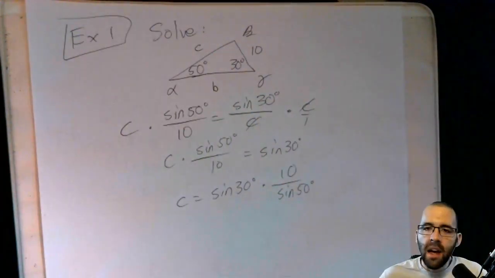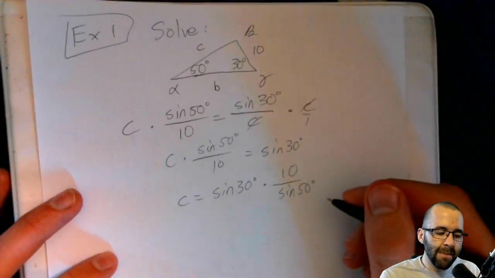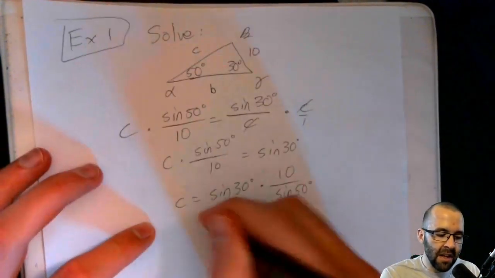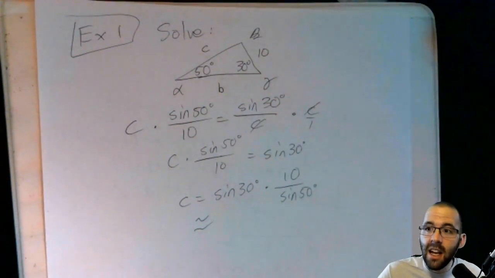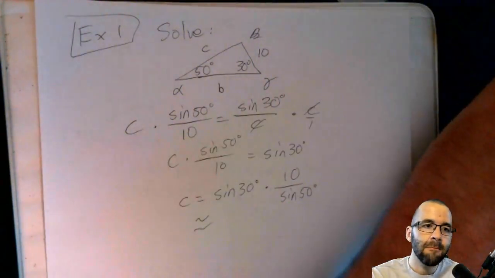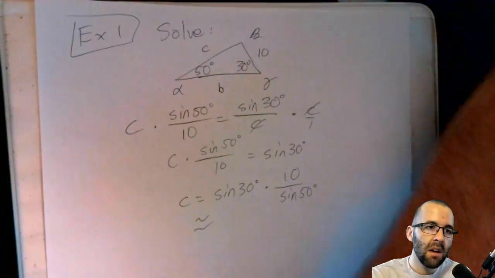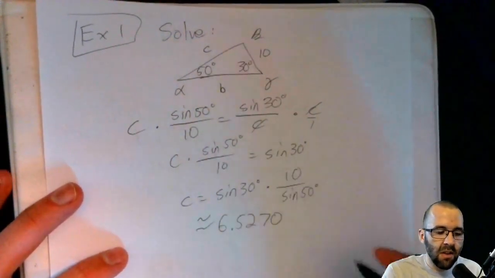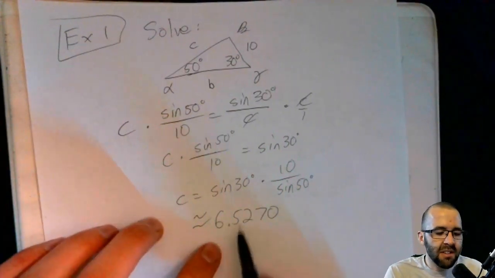All right. And it's a good idea, by the way, to get an idea of what this is. Before you type, sorry, I'm getting ahead of myself. So we need to approximate this. You're going to type that into your calculator. Make sure your calculator is in degrees if you're using degrees, and use radians if your calculator is in radians. If you do this, you get, well, let's see what we get. You get 6.5270. And in your final answer, I'm only going to really require you to round to the nearest tenth, but